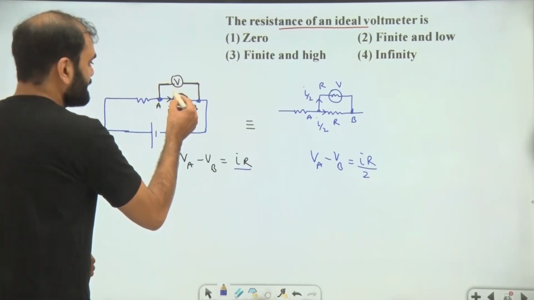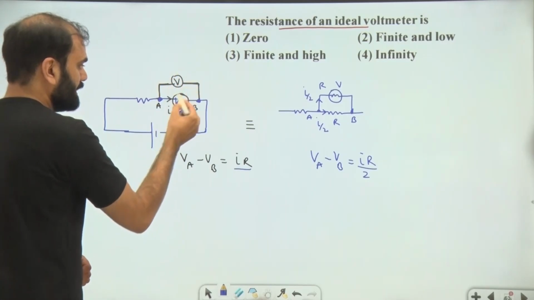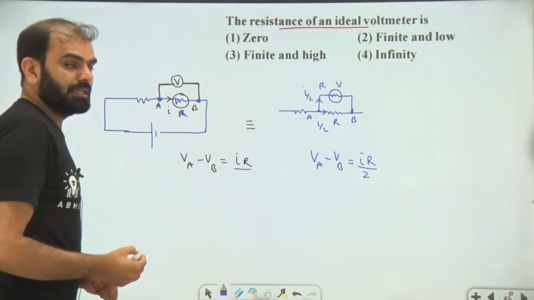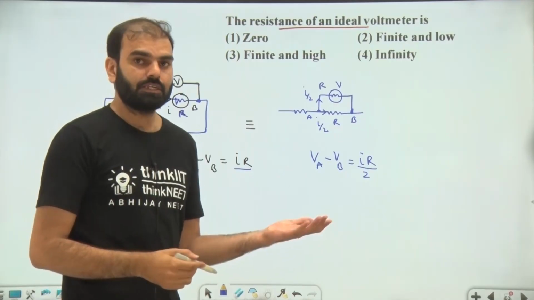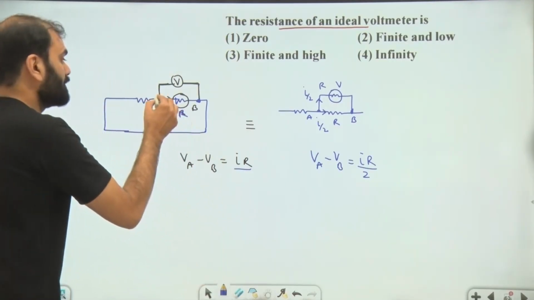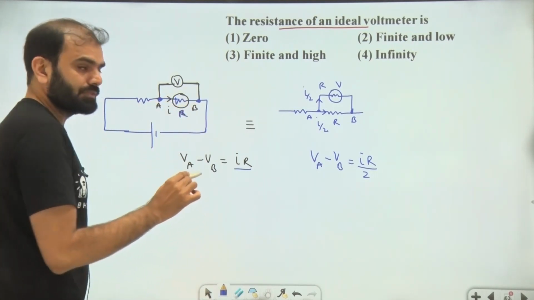If the voltmeter resistance is small, then most of the current will pass through it, and you are measuring a low voltage difference across A and B. If you are taking a high resistance of the voltmeter, then most of the current will pass through the other path. If you are taking the infinite resistance of the